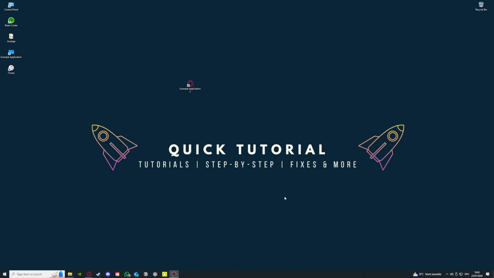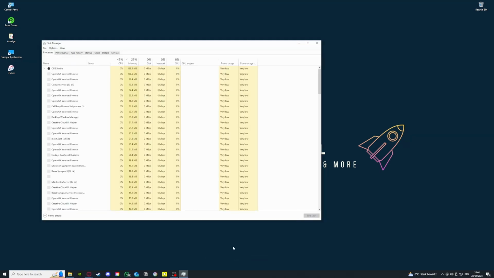So before we get into the video, I just want to say that I will show you some easy fixes that you might already have tried. For example, a restart. That's the first thing I'm going to mention, and later on I'm going to go more into the complex fixes which might help you prevent the crashing of the program. So let's start. First of all, I want to recommend you to open your task manager and check